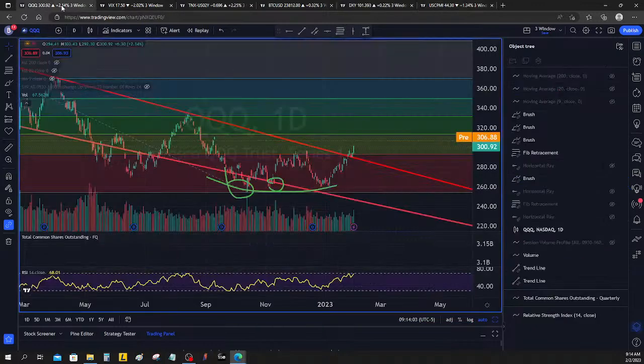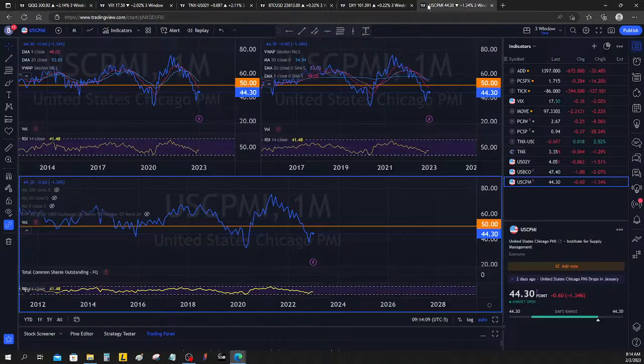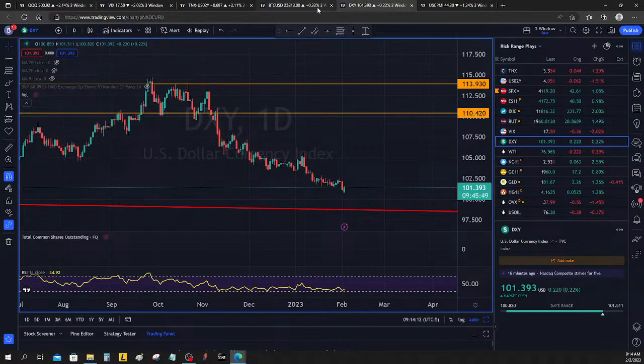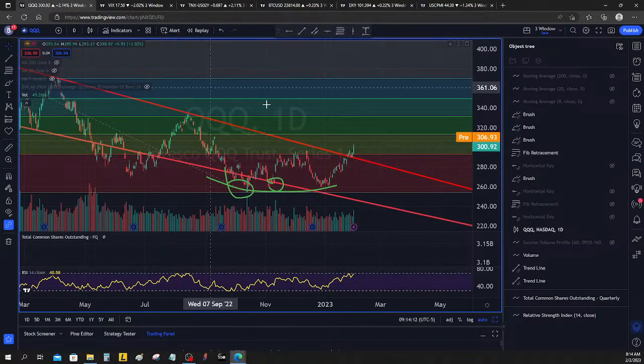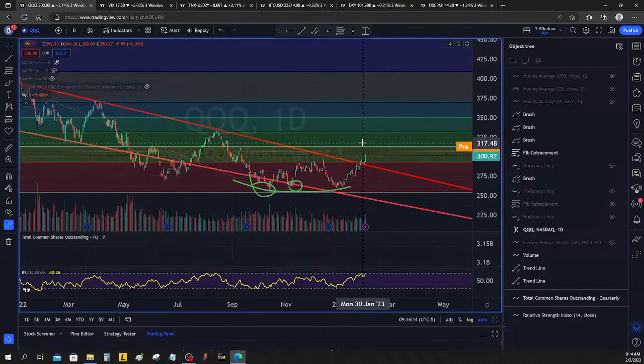So there's something on the horizon. Whatever it is, I don't know what it is, but there is something on the horizon. However, in the meantime, what's the old saying? The market can remain irrational longer than I can remain liquid. So this bullish run right here, I think it has further to go. Of course, I don't think it's going to go up in a perfect 45-degree angle the whole time. There's going to be some pullbacks and so on.